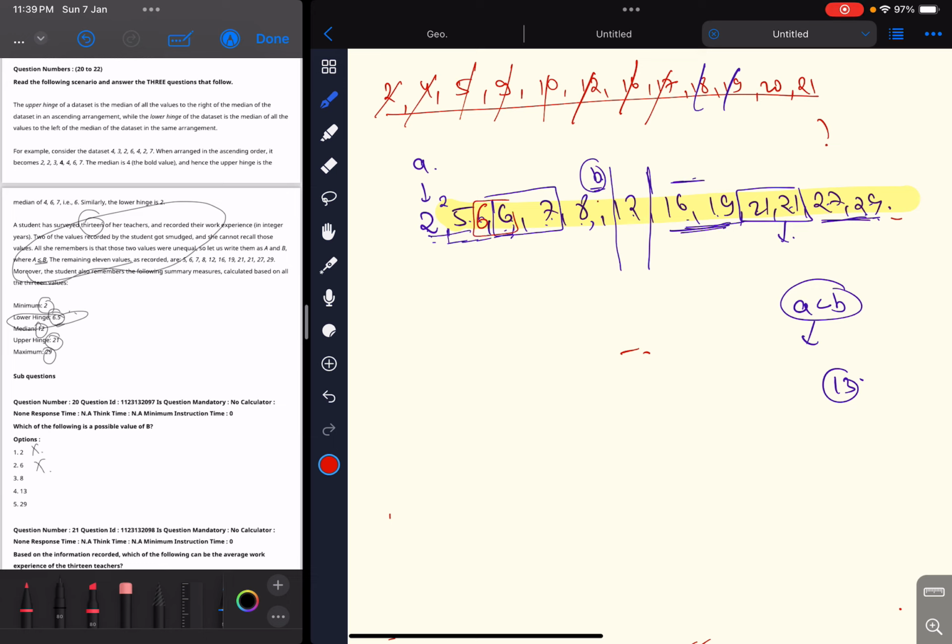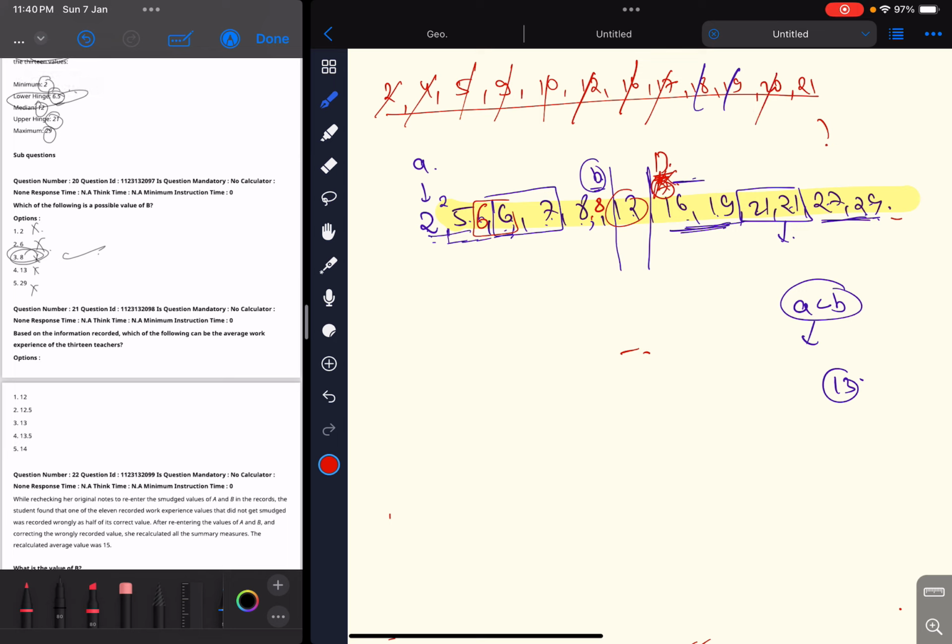Now if we take 8, that won't alter the data, so we can take 8 over here. So this is completely safely possible. Now we know that 13 is not possible. If 13 goes over here, then again things will get worse and we won't get our required median to be 12. In that case the median will become 13, okay. You can place and check. If we place 13 over here, then 13 will basically be the 7th data and the 7th data will be the median. So 13 is not possible, 29 is not possible, okay. So the only possible value is 8, so 8 is the answer, okay.